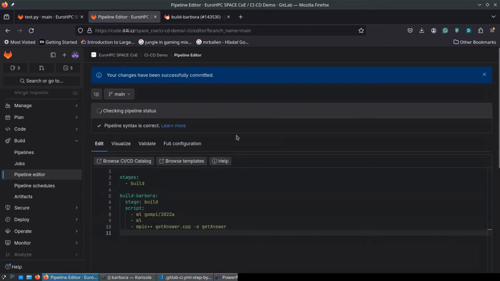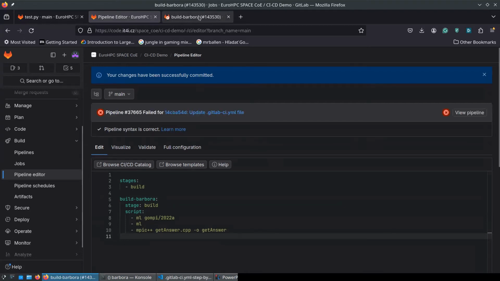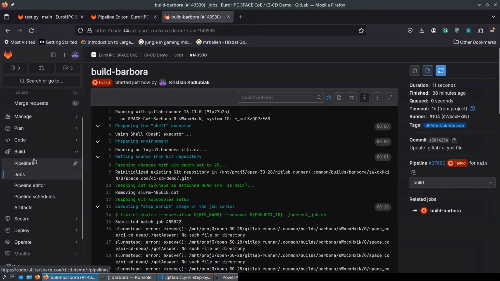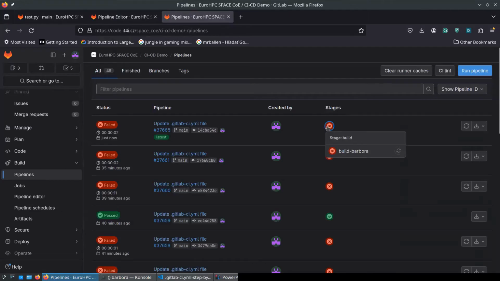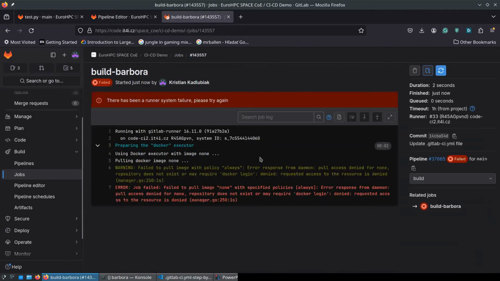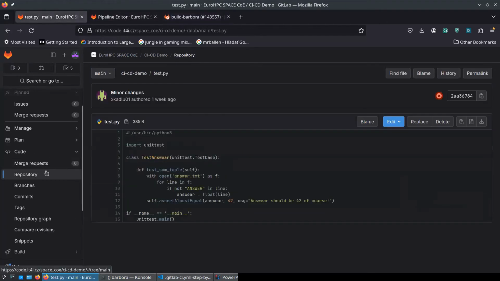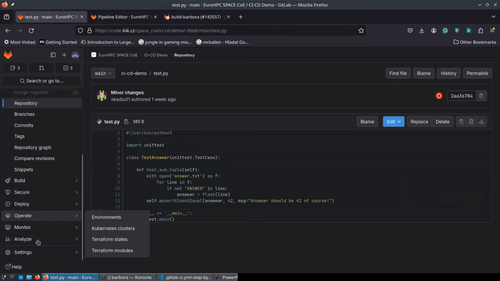So if I'm trying to run it like this, it's not going to work. And maybe you know why it's not going to work. Maybe you don't. So let me explain. So you see here something about image, a very cryptic error. The thing is, our job got picked up by a default runner at IT4Innovation